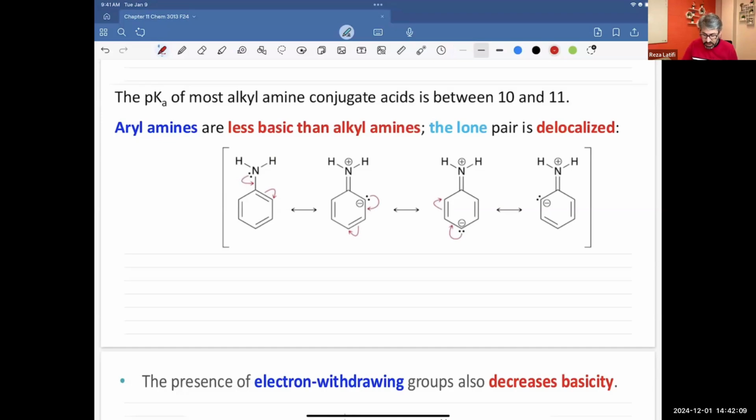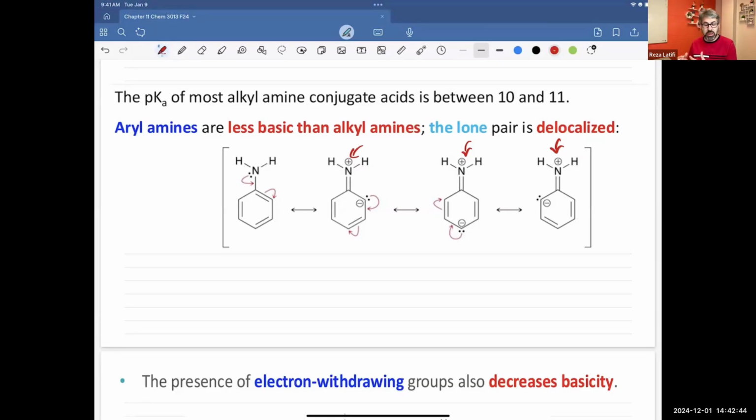So as you see, except the first one, on nitrogen we have a positive charge instead of a negative charge. Here, as you see, we have positive charges there. So I'm going to say nitrogen is not that strong a base anymore. Why? Because it gave the lone pair to the ring, and now the lone pair is somehow hidden inside the ring. So this nitrogen will be a weaker base,